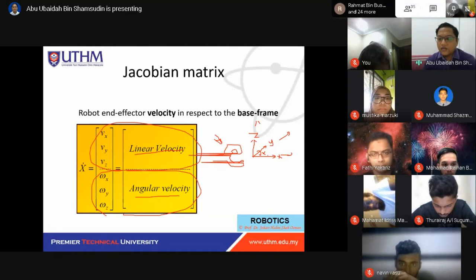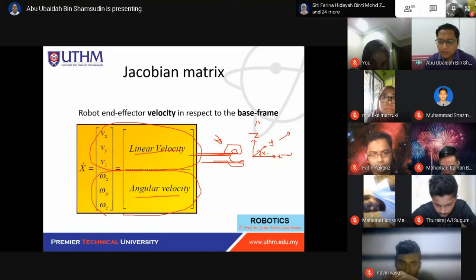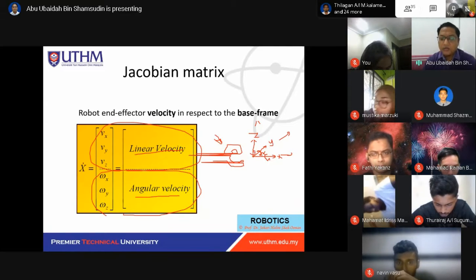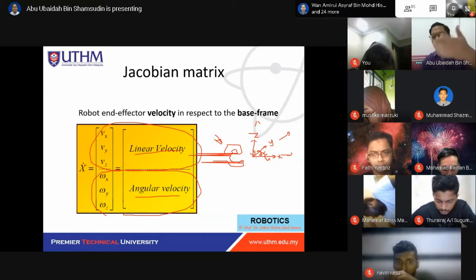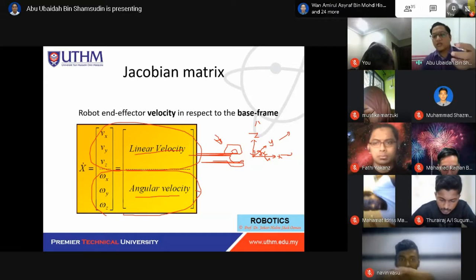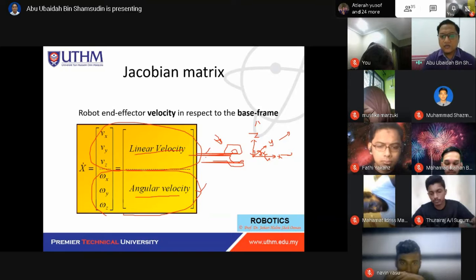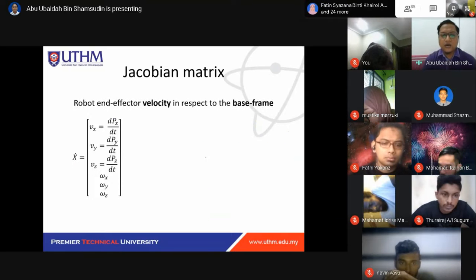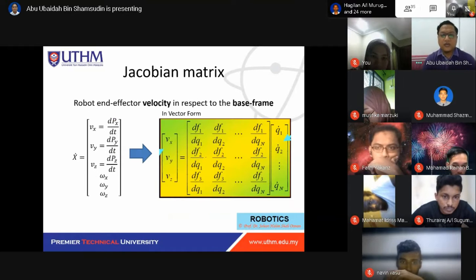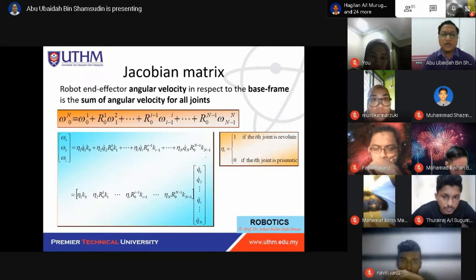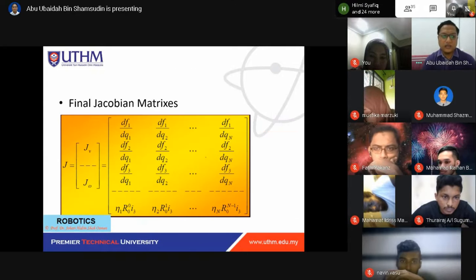And then we also want to find the velocity in terms of roll, pitch, and yaw. Okay, so the roll, pitch, yaw, angular velocity for this robot arm. So we want to calculate these two things. So to do the calculation, it is not that hard actually. So what we need to do is, okay,